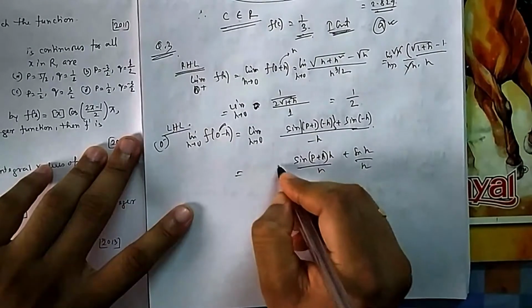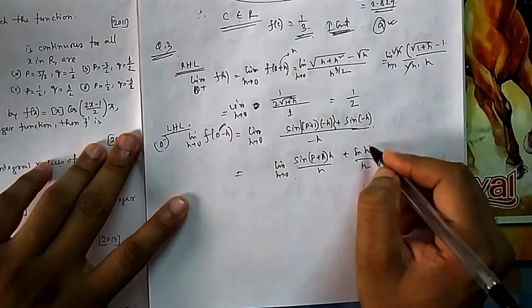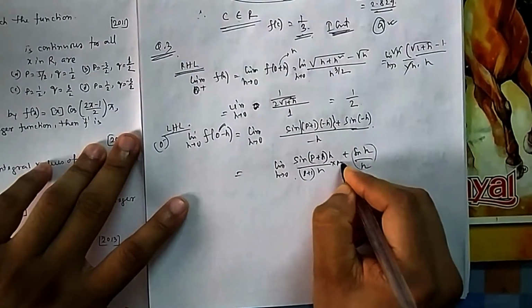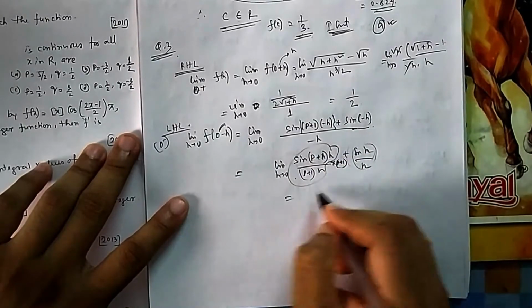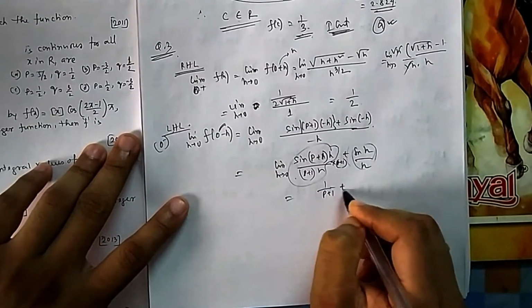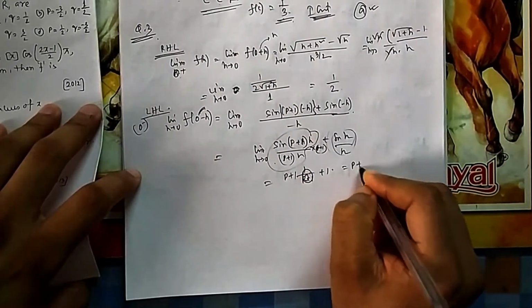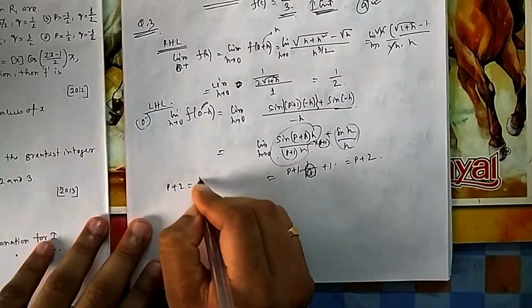This is easy, there is no need for differentiation, because I have taken 1 by this one. So this is already 1, and if you write p plus 1 there, because you have written p plus 1 extra, this is also 1, so 1 by p plus 1 is in the denominator, so it is p plus 2. So you can see your LHL is p plus 2, that should be equal to RHL half,